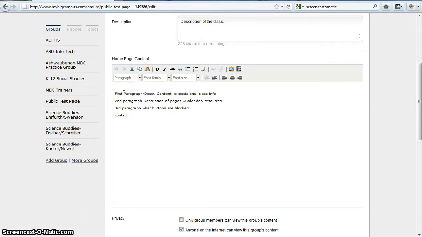What is your group about? What is the content you're going to cover? What are some maybe expectations or other class information that you want? Okay. The second paragraph, I would kind of give a description of all the pages that are available to the